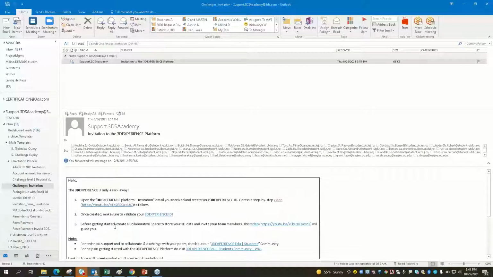The next important step is that before getting started to use the wide variety of 3D Experience applications for designing and simulation, you need to create a collaborative space. So this collaborative space,